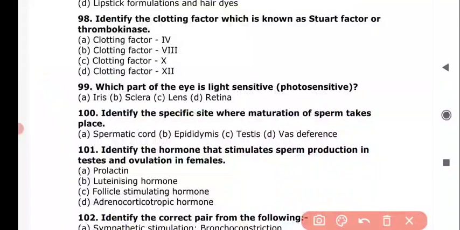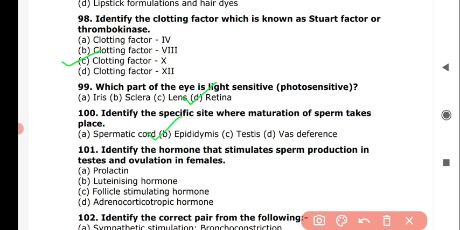Next question is, identify the clotting factor which is known as Stewart factor or thrombokinase, and the correct answer is option C, clotting factor 10. Next question is, which part of the eye is light sensitive or photosensitive, and the correct answer is option D, retina. Next question is, identify the specific site where maturation of sperm takes place, and the correct answer is option B,